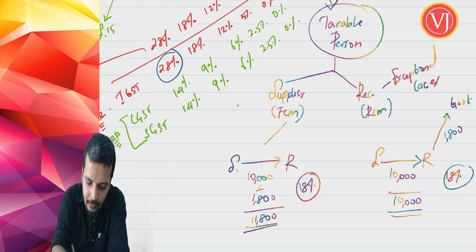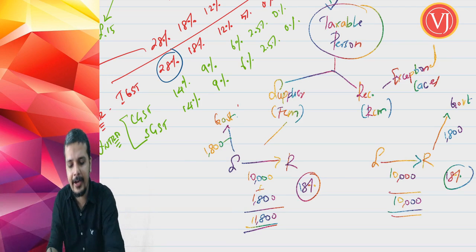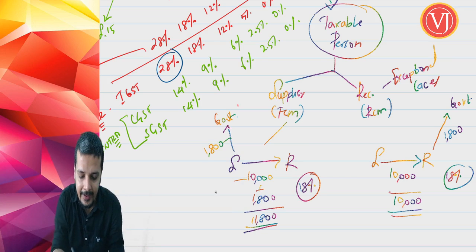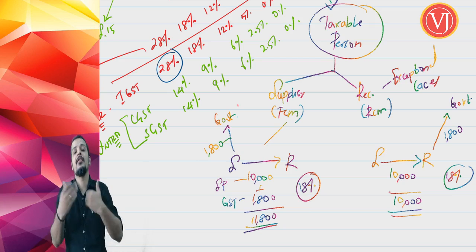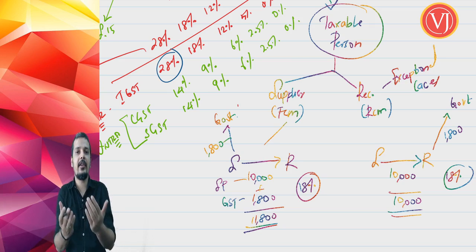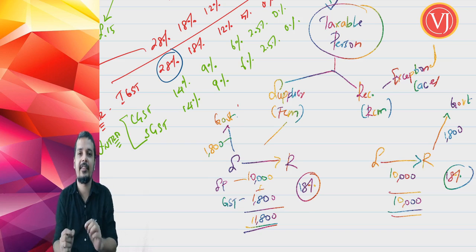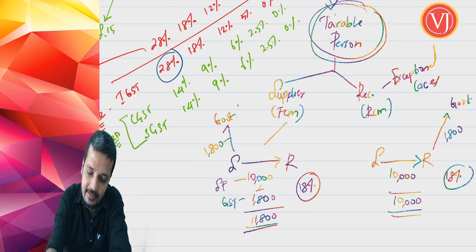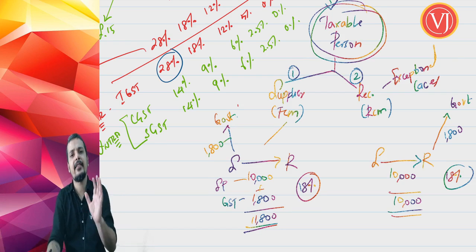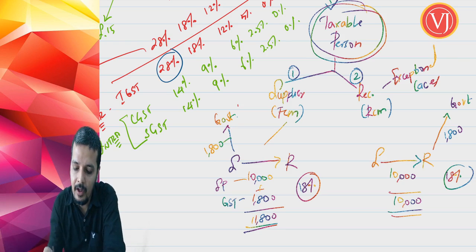If it is forward charge mechanism, the supplier will pay tax to the government. What will the supplier do? The supplier will collect price plus GST from the recipient, because in indirect taxes you can shift the burden. I am the supplier, you are the recipient. I'll collect 10,000, my price, plus GST 1,800 from you, and I'll pay only 1,800 to the government. That is forward charge mechanism. So normally the taxable person happens to be the supplier. Can he be the recipient? In rare cases, yes,